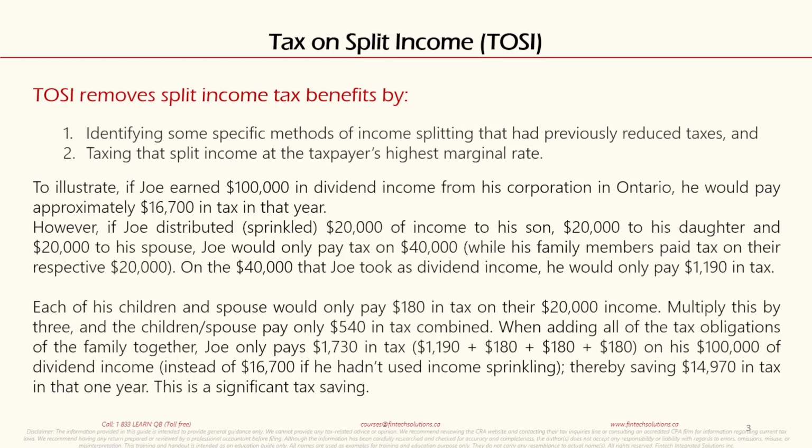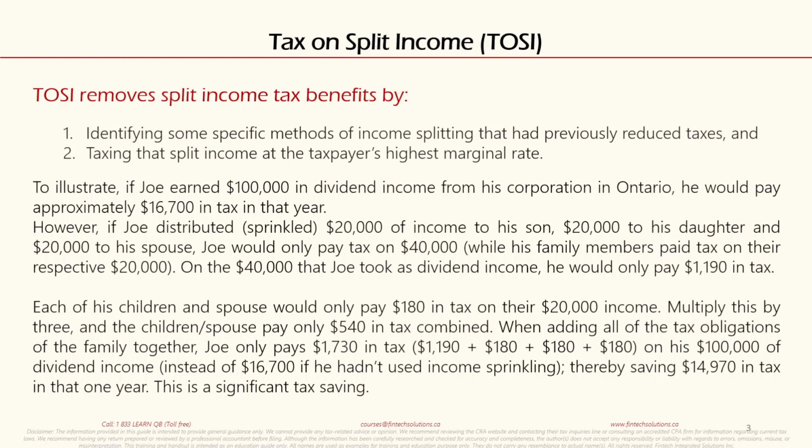Now, any numbers that I talk about here are just approximate amounts for the current year. Mean to say, when we are in 2021, the rates are, of course, for 2020. This is just to give a rough idea of how this TOSI thing works. None of these numbers are to be considered accurate or perfect, and you should not do any kind of tax planning on this basis. If you want to do tax planning, then you should definitely refer to a tax planner or an accountant or someone who is doing tax practice. This is an educational video for understanding. Okay, so let's continue further.